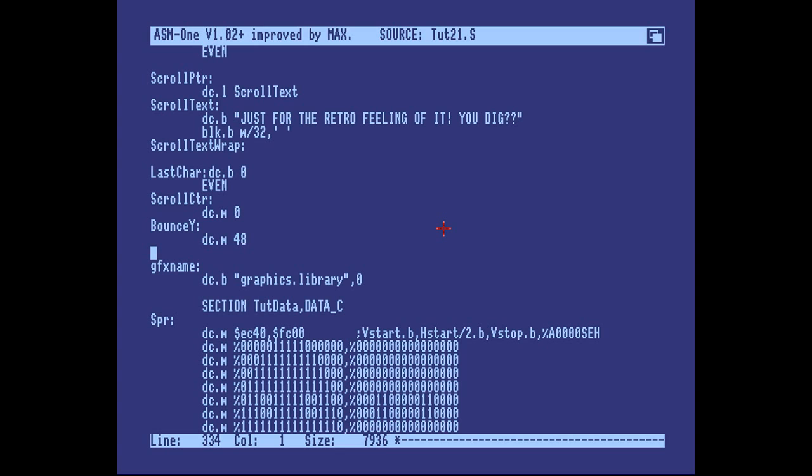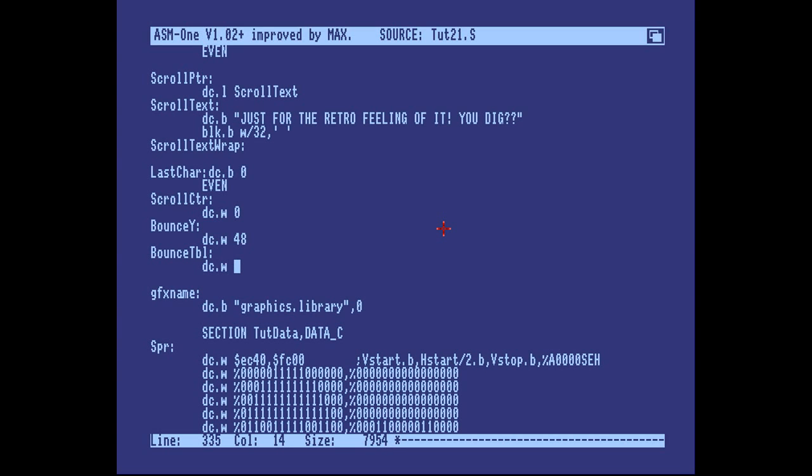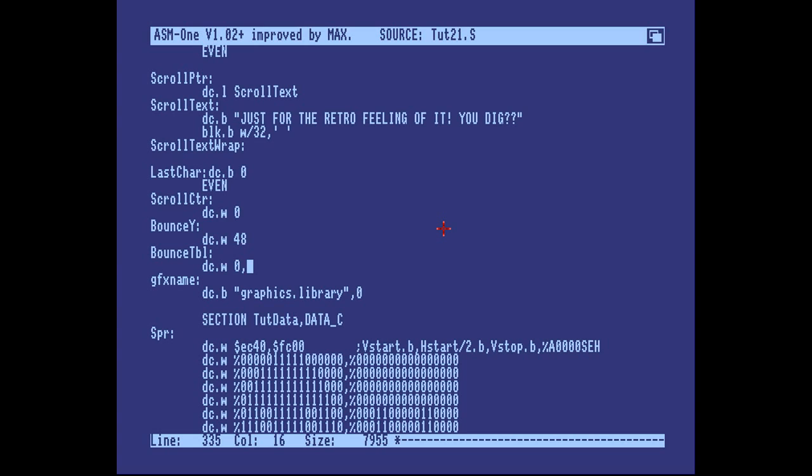because I thought I'd use a, I mean, we could declare a bounce table. I can show you the fixed way of doing it. You could create a bounce table, and you could go with 0, 10, 8, 6, 5, 4, 3, 2, 2, 1, 1, 0, 0, something like that. And of course that's the wrong way around, right? It should be 10, 10 plus 8, 10 plus 8 plus 6, and so on, until you reach 48. So if you want, you could start at 48,